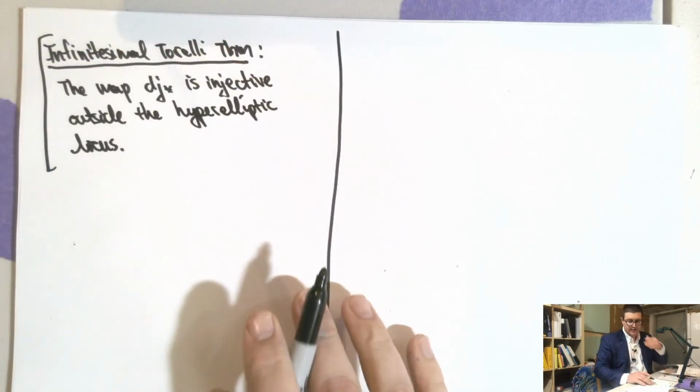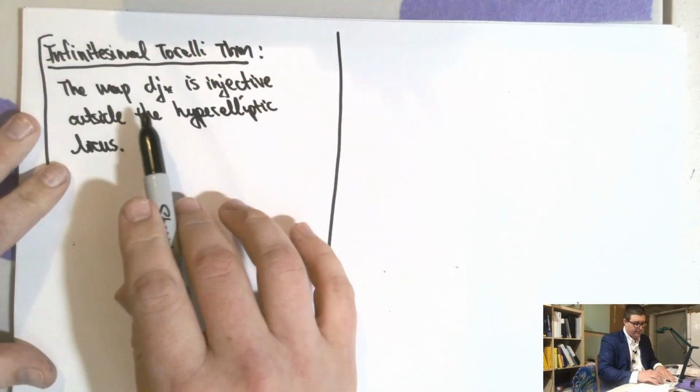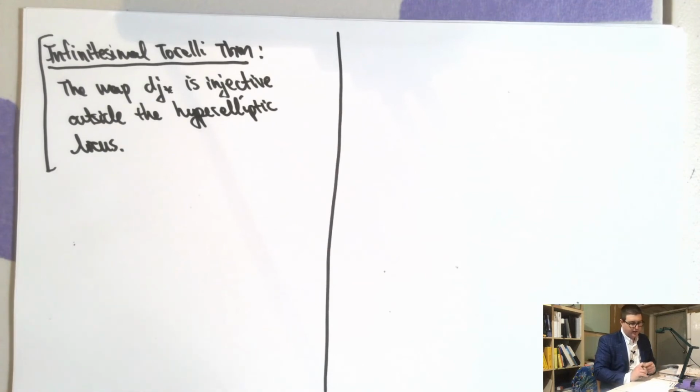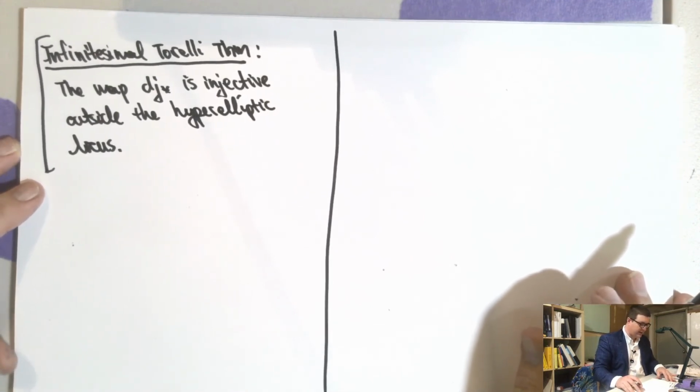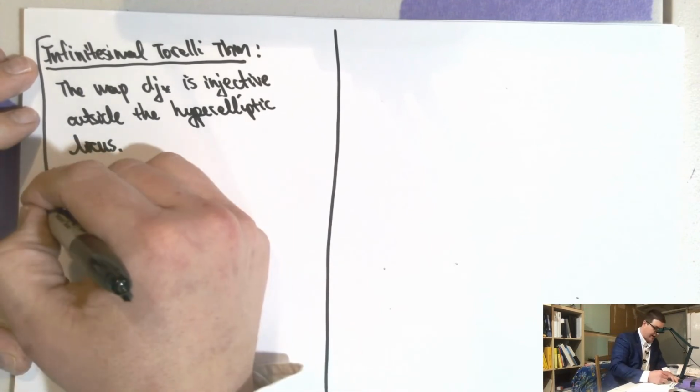Okay, and to relate this to, so there's a little bit going on here in that this is still true, but you need to work, well, I don't know how to say this. Well, I guess I'll just wait for someone to try and catch me. Okay, so this is injective outside the hyperelliptic locus, and so an upshot of this